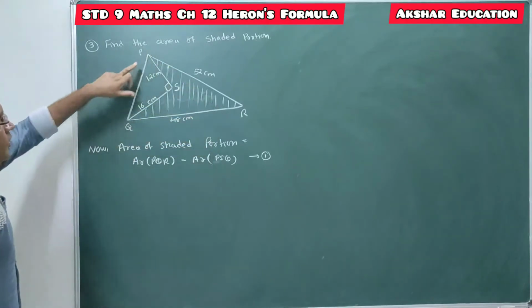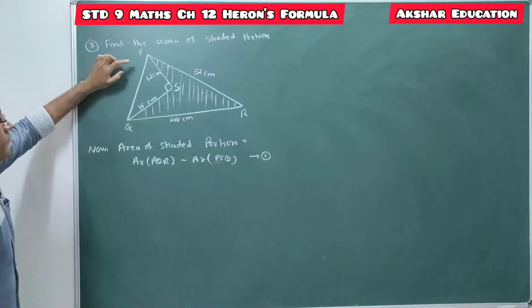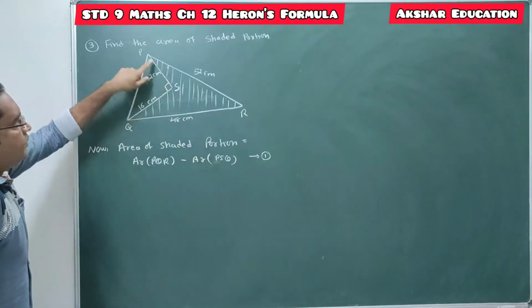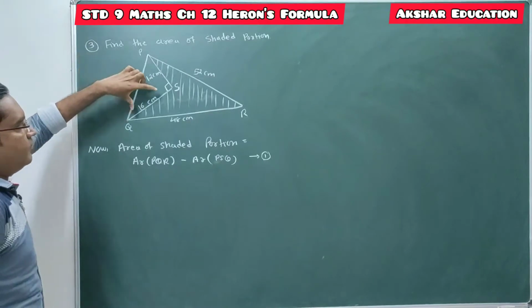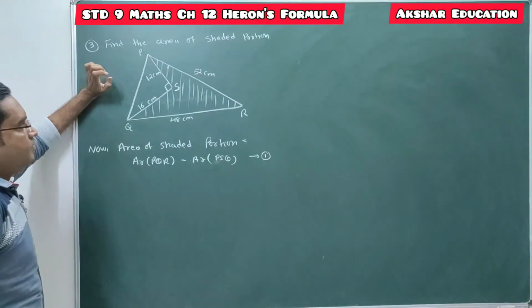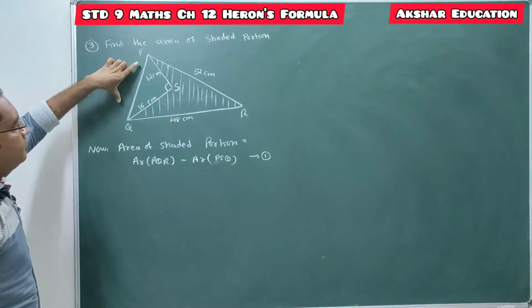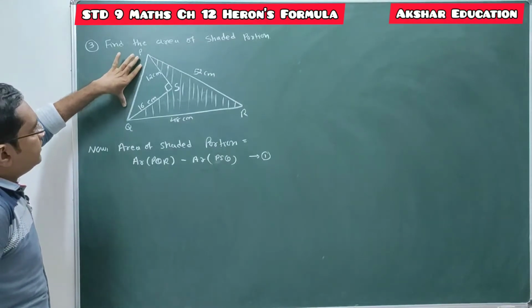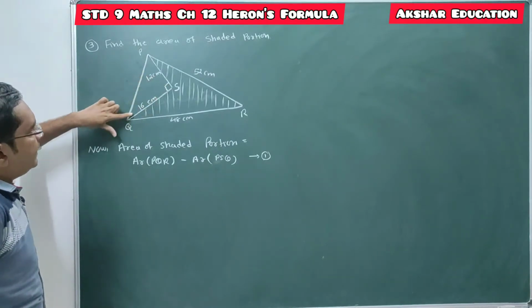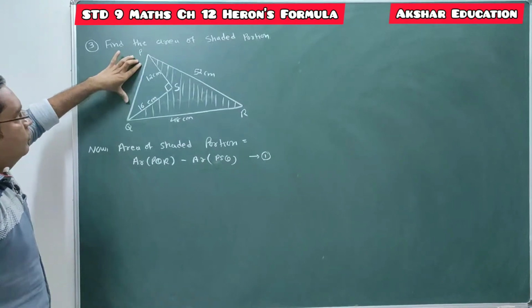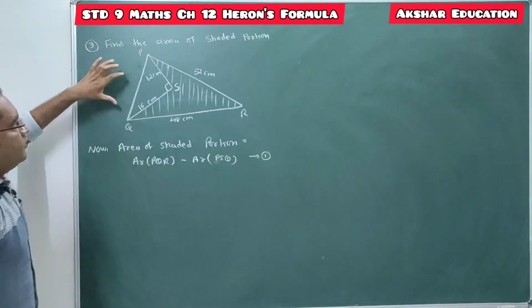To find the area of this triangle PQR, we require 3 sides. Third side PQ is missing. We can find the area of this PQS. So here PQS is 90 degree right angle triangle. So we can directly find the area of this right angle triangle by using the formula 1/2 base into height. But we require the side of this triangle PQR. So this PQ side is nothing but the hypotenuse for this right angle triangle PSQ. So here we can apply Pythagoras theorem for this right angle triangle. So we will get the length of this hypotenuse of the right angle triangle PSQ. That hypotenuse is nothing but the side of triangle PQR. So we are getting all 3 sides.